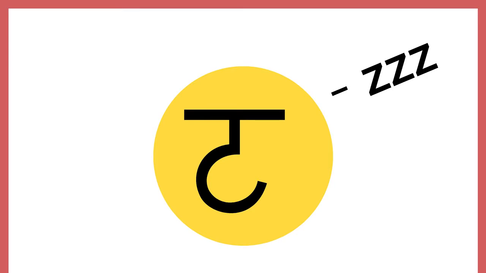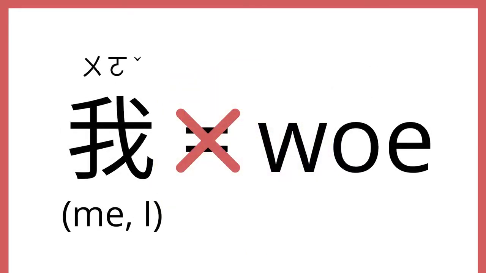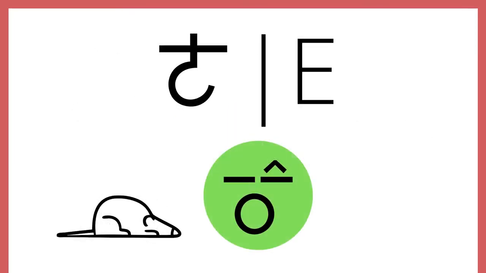That's why the Chinese word for me, or I, is wo. Not wo, but wo. Even though it's spelled W-O in pinyin. Hear the difference? Okay, moving on. The next letter